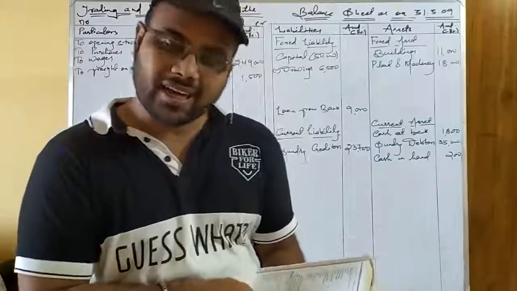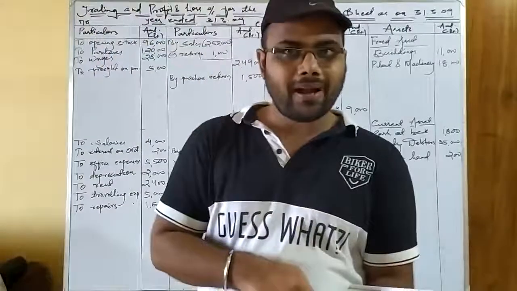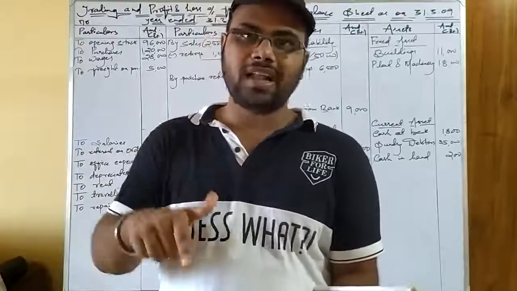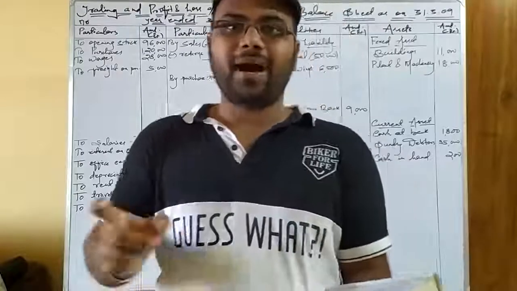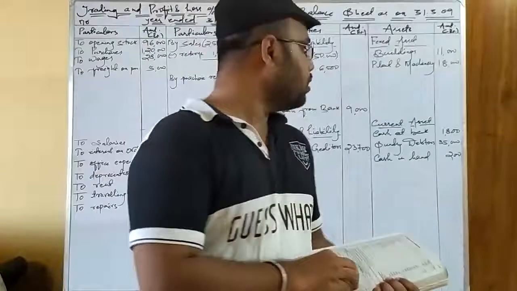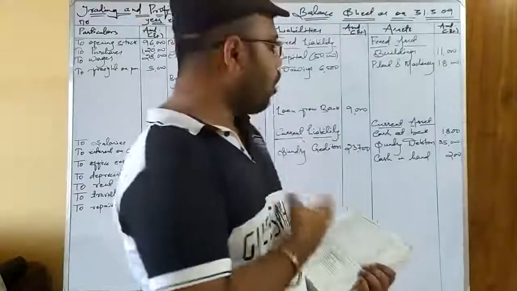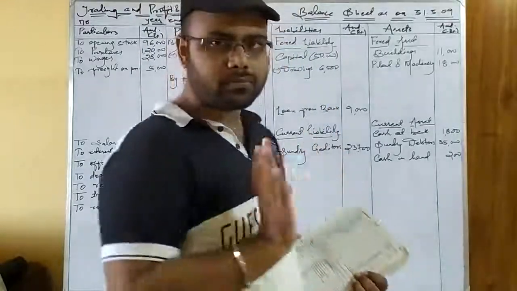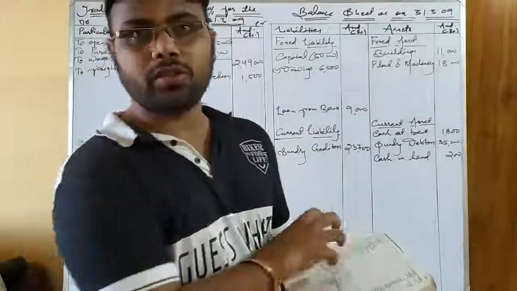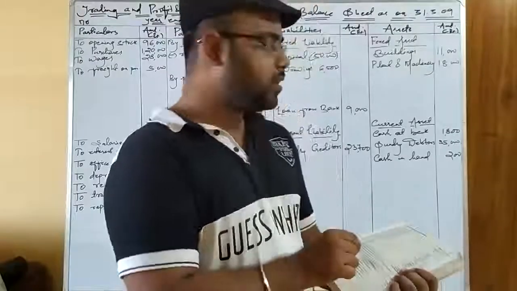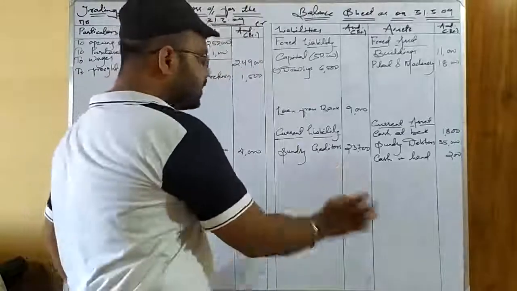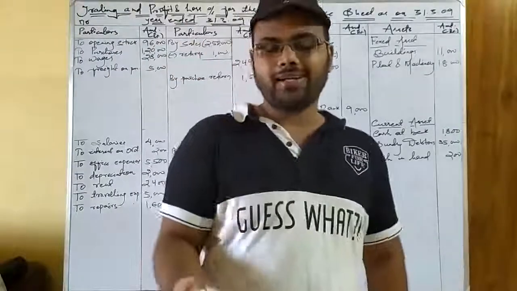But since it is a contingent liability, it cannot be shown in the balance sheet because it is not a certain item. So we cannot post this on the liability side, but it can be treated by showing it as a deduction from the concerned asset. So to which asset does it belong? To sundry debtors. So we have already posted sundry debtors. I have made a mistake there because I haven't read the question yet. It is very important that you read the questions, and if you find such an item, you should deduct it from the debtors. See, if I post this item under the head contingent liability in the balance sheet, you will get the answer correct.